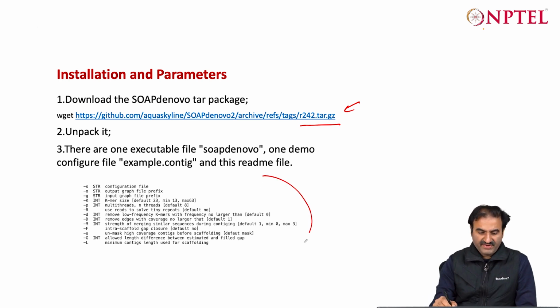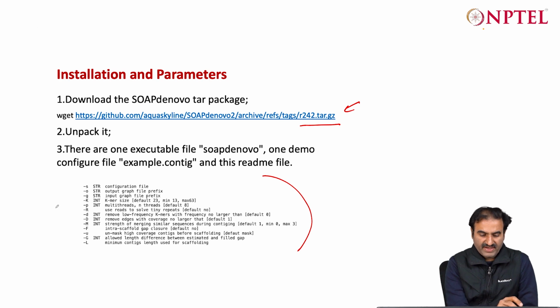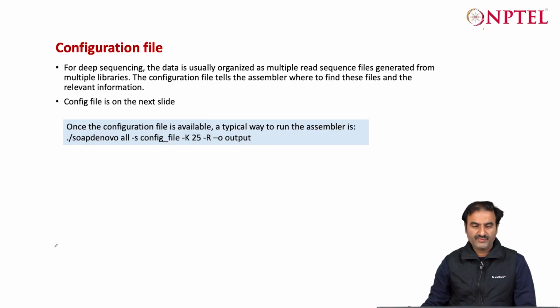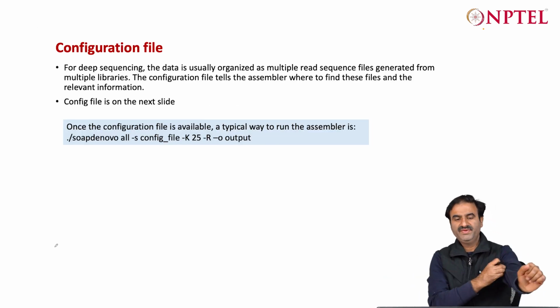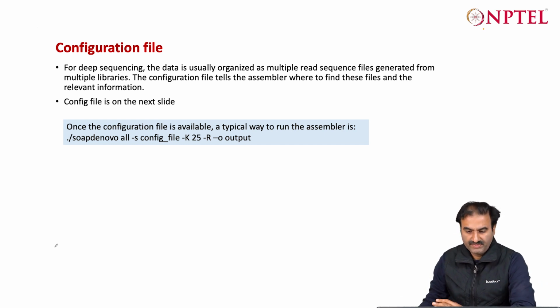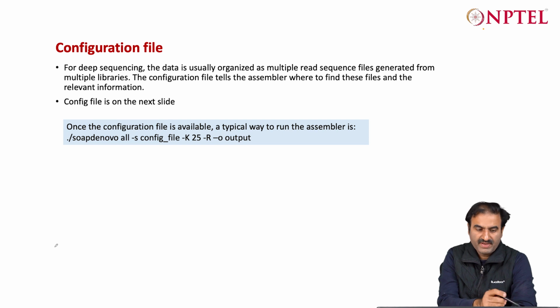And this is the configuration file where you can specify the K-mer size, how many threads you want to run your system, and what to do with the low frequency K-mers and very high frequency K-mers, right? Basically I am giving you an example of a configuration file on the next page, but basically the command runs like this: